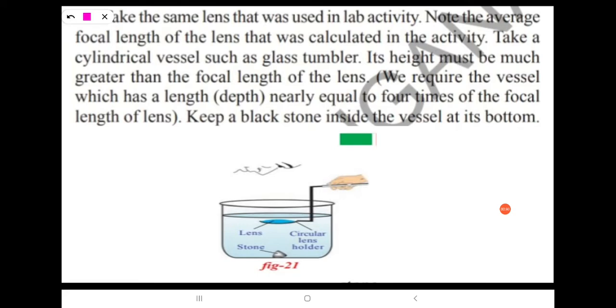So there we use the convex lens. So what is the focal length of the lens? That is 30 centimeters. Yes. Now